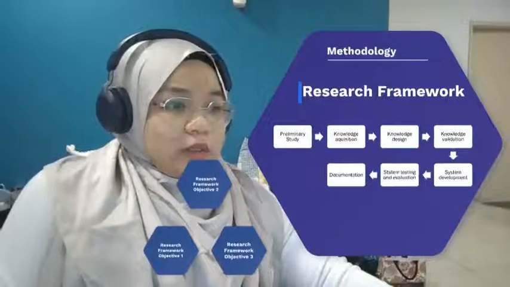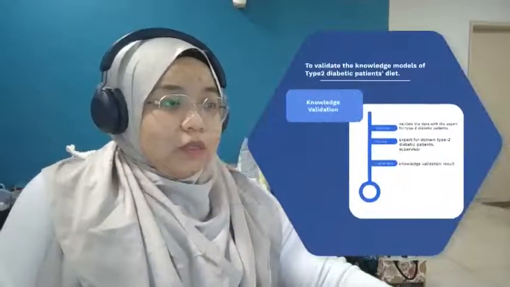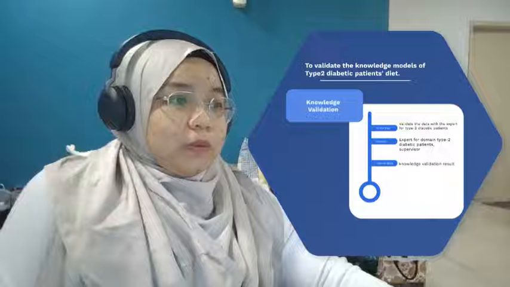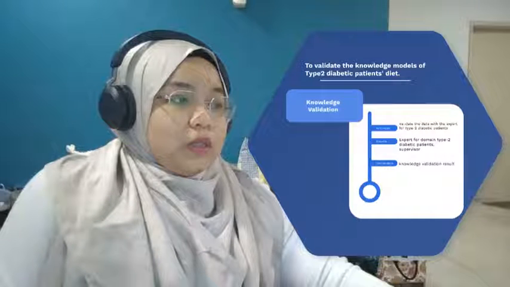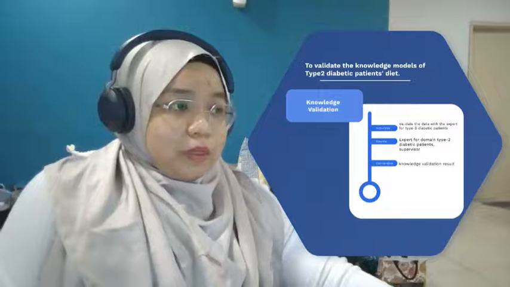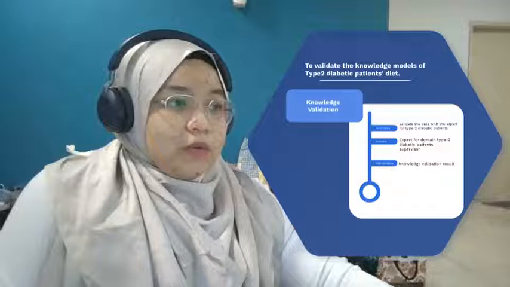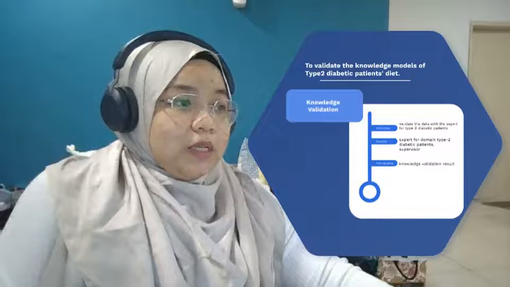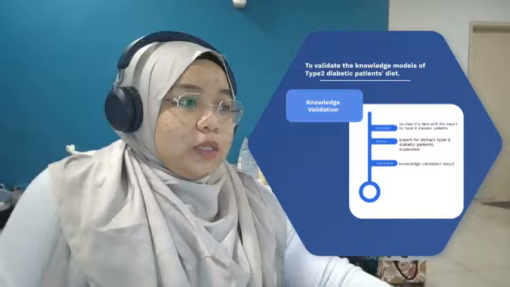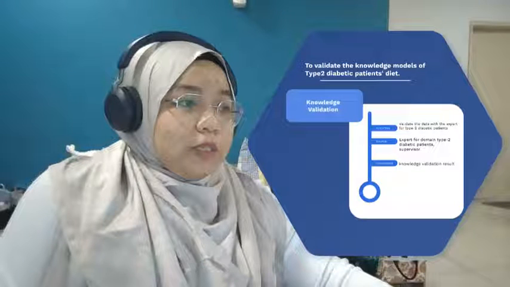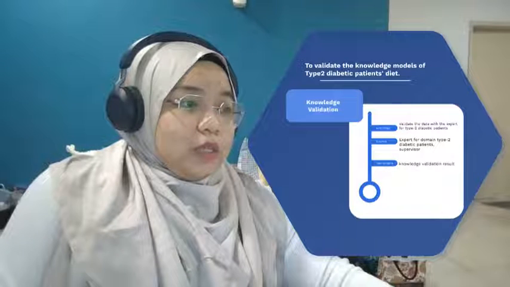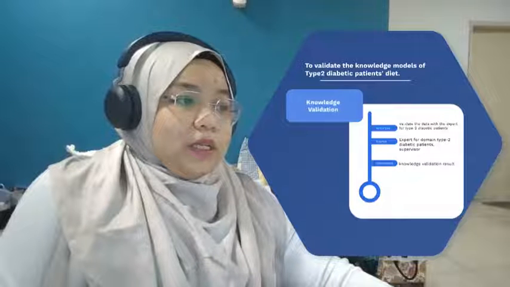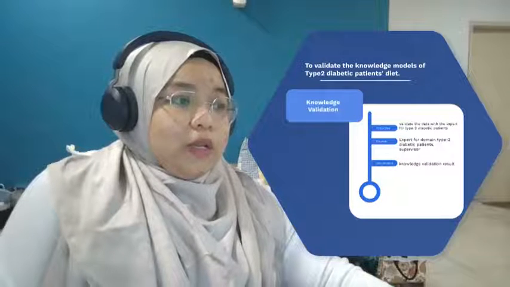Then we go to the second research framework, for our second objective: to validate the knowledge model of type 2 diabetic patient diet. The step is knowledge validation, and the activity is to validate the data with the expert for type 2 diabetic patients. The source is the expert for the domain of type 2 diabetic patients and the supervisor, and the deliverable is knowledge validation